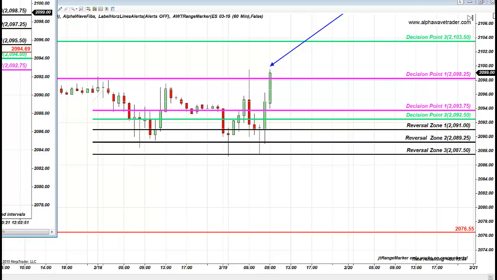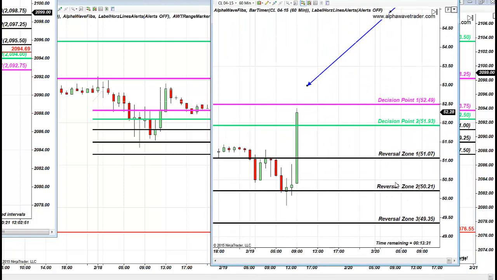Historic level 2100. So here we are on S&P. Many points later. And here we are on oil. Many ticks later. Expect a pullback. But you have to be out of your mind to short oil. Major trend is bullish. That's all there is.